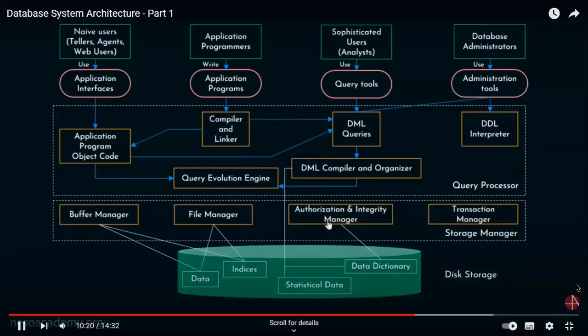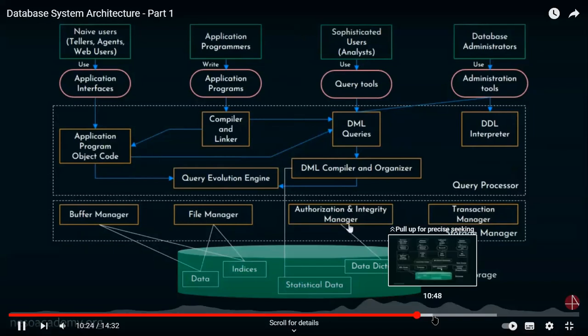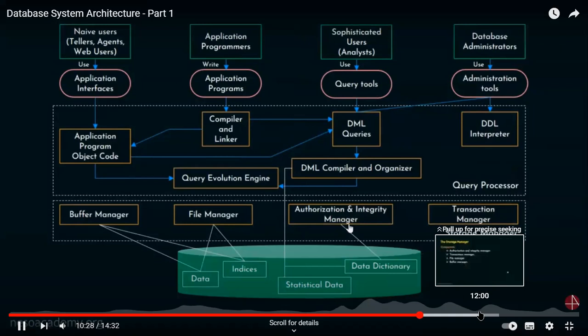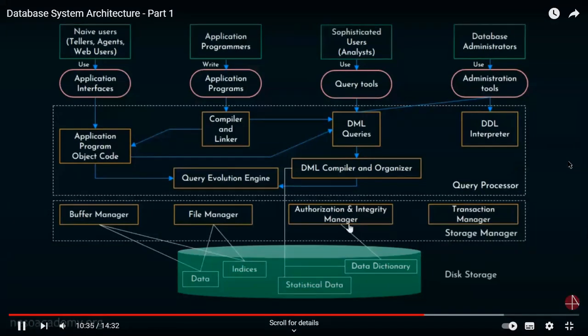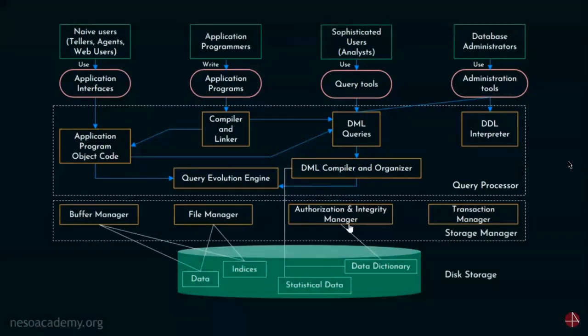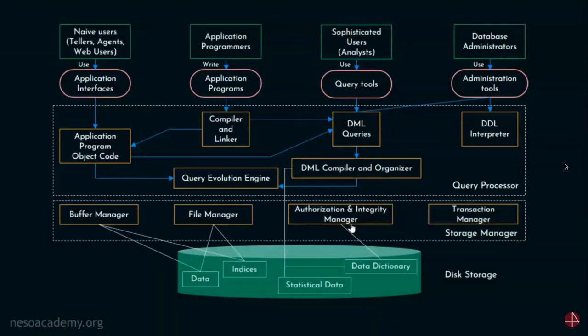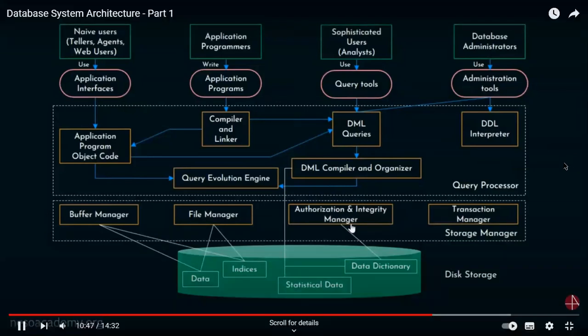And coming to the next one, the authorization and integrity manager, this component is used to test for the satisfaction of all the integrity constraints that we enforce on the database. Say for example, balance should not be less than 0. In such case, if any operation that is carried out on the database where the balance is going to be 0 or lesser than 0, that operation needs to be aborted. That should not be permitted because we have given an integrity constraint that balance should not be less than 0. So all these